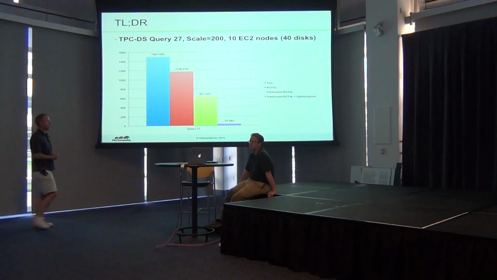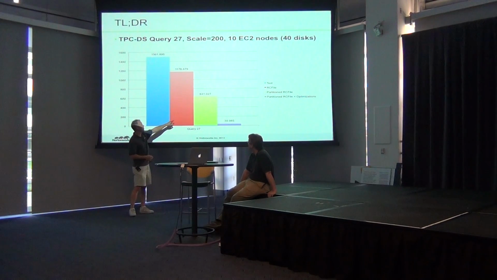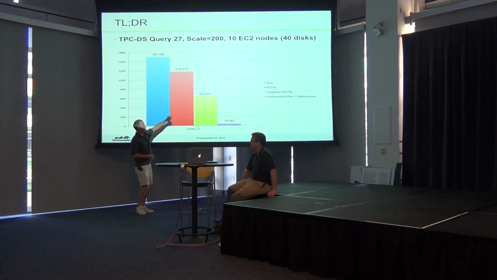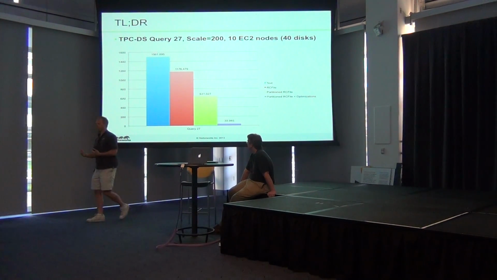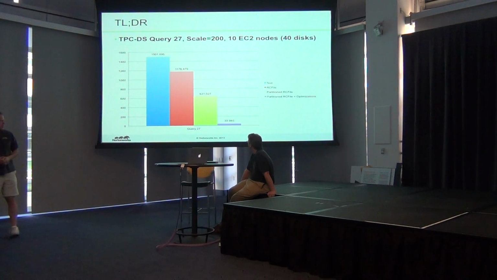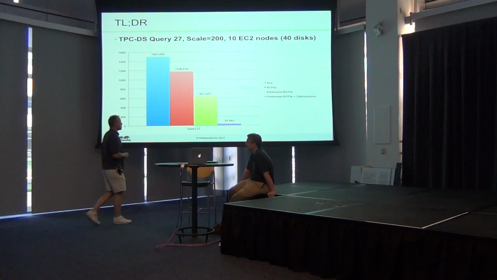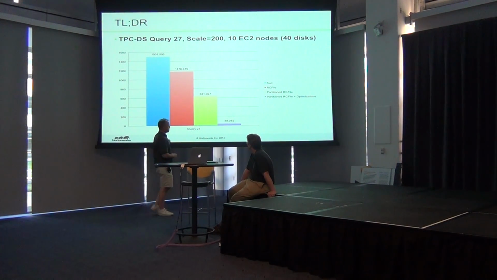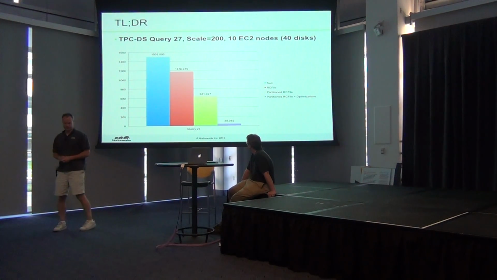Well, okay, so there's a lot you can do without even getting to that, right? If you move it to RC file over here, the red bar, you get 1,100. If you move it to RC file and you partition it by date, you get 631. So now we're kind of bumping up against the best you can do in Hive 0.10 with this data set. That's the yellow or green bar there. Once you take the optimizations that I talked about that are in Hive 0.11 and put them there, you get in the under 1 minute range.